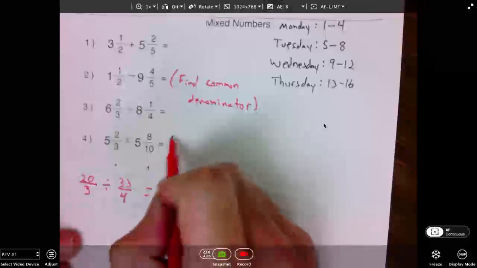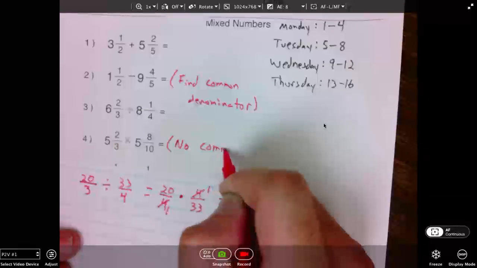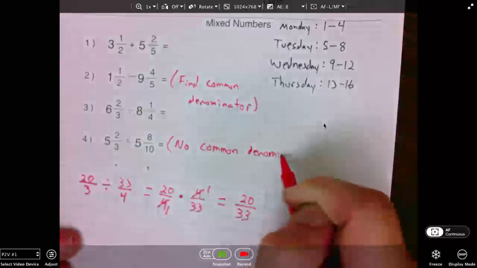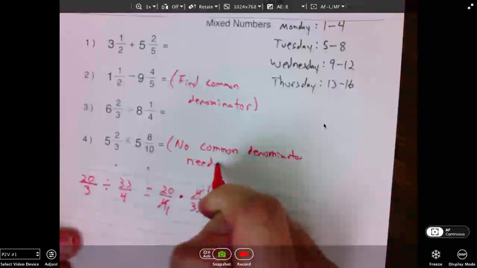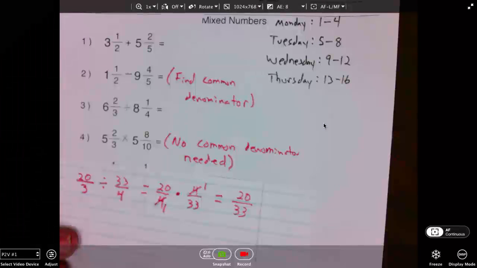For number 4, no common denominator needed. Multiplication and division are easier procedures with